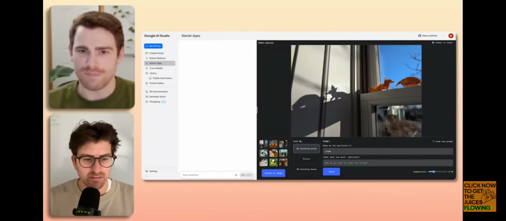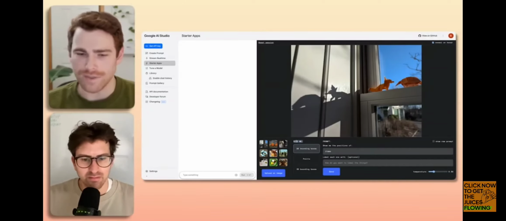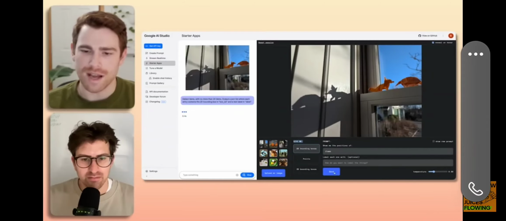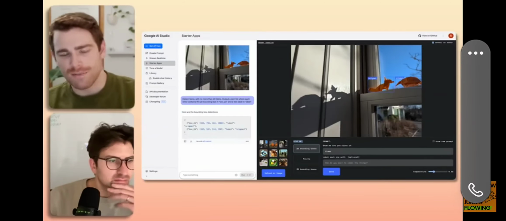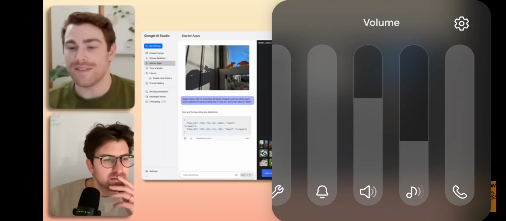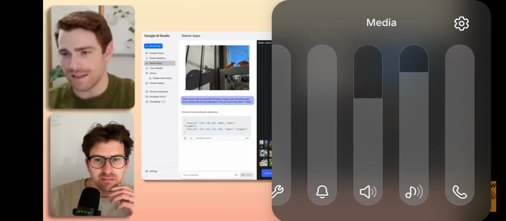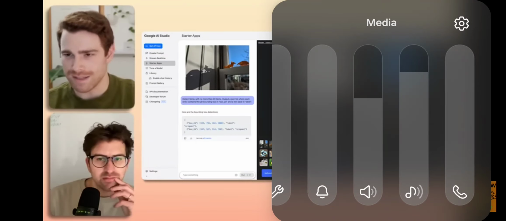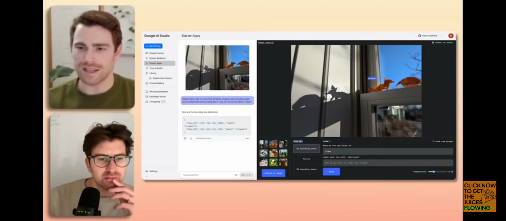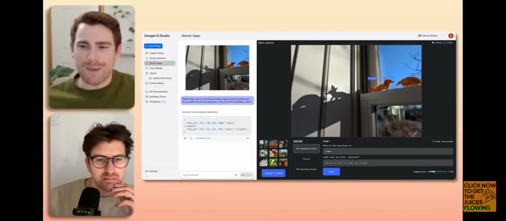So we have this basic UI experience, and the prompt is asking for the position of the items that are in this picture. And in this example, we're going to have it give us 2D bounding boxes. And I can send this prompt. The model does the magic behind the scenes, and then it dynamically overlays the bounding boxes for these images. And this is a really great example of